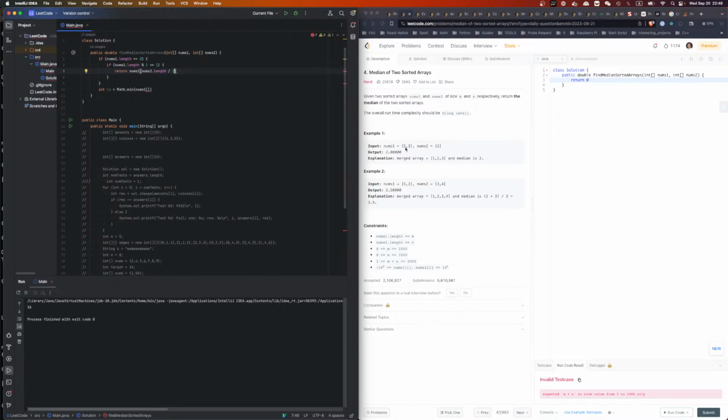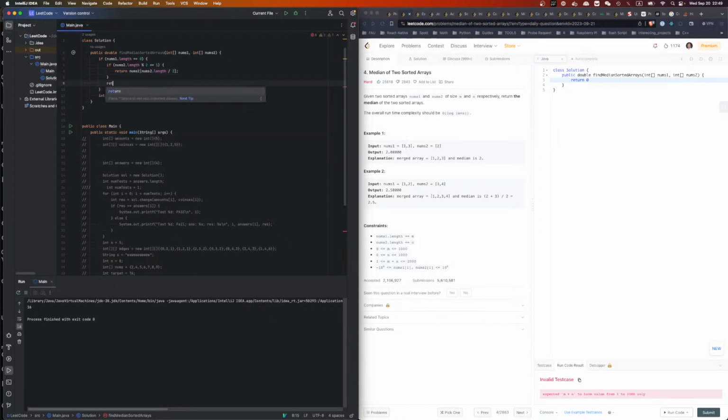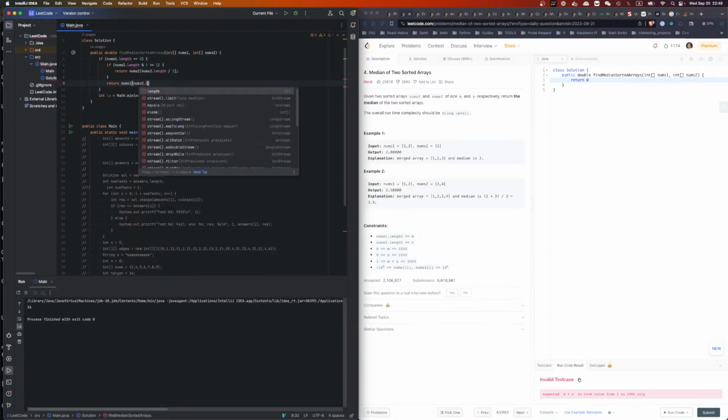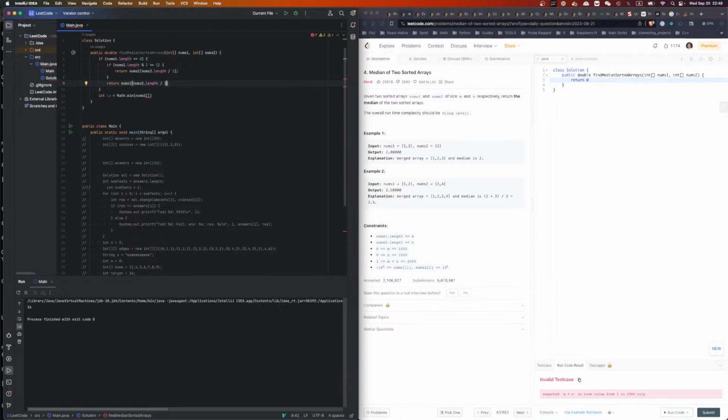So 3 divided by 2 is 1, so that shall be right. Otherwise, we'll return nums2 at length divided by 2, like 4 divided by 2 is 2, so 0, 1, 2, and we need to do this minus 1, plus nums2